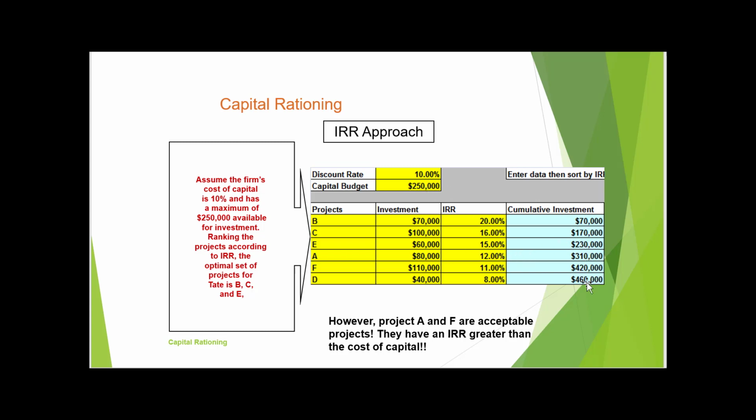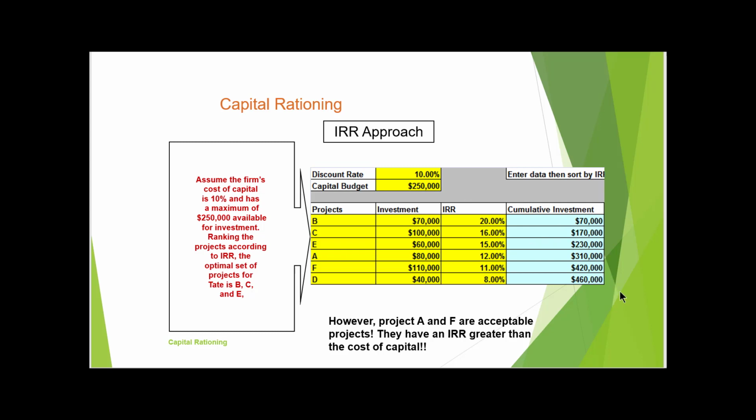But now we have these projects. If you do a B, it'll cost you $70,000. If you do B and C, it'll cost $170,000. And that's what this cumulative investment is. So if they did B through F, which are all the good projects here, they'd spend $420,000 worth of good projects. However, they only have